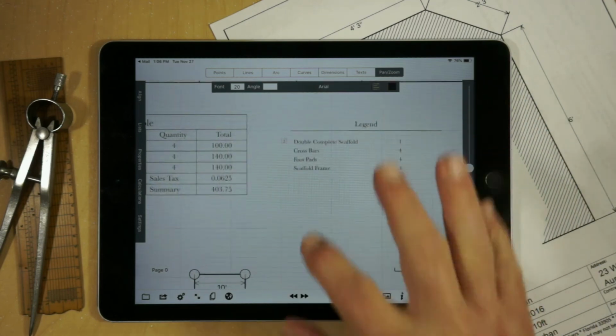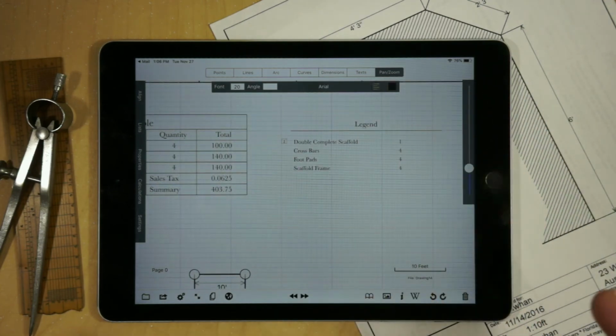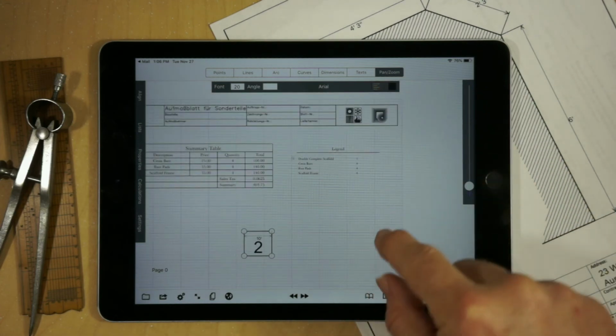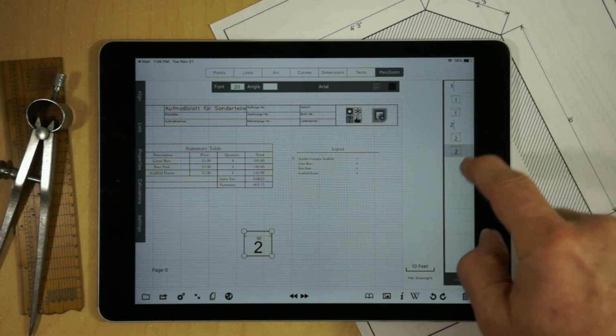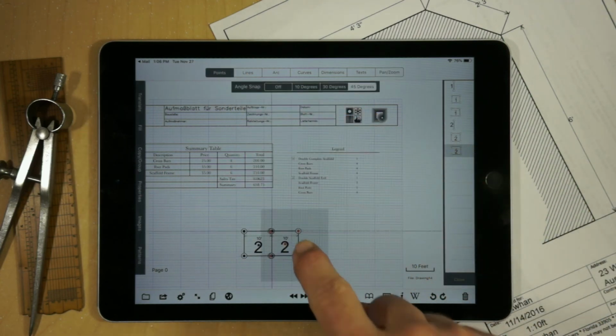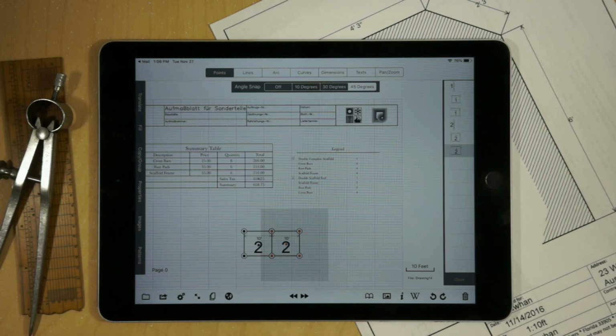So what does a double complete scaffold represent? And so that actually represents 4 crossbars, 4 footpads, 4 scaffold frames. If we go and we drop in another unit, which we're going to add on to it, and we're going to tack this on, so we don't need to, we only need 2 scaffold frames, but we still need to have 4 crossbars and 2